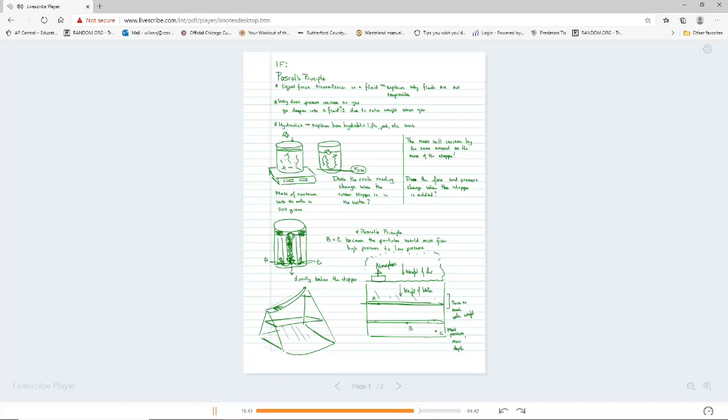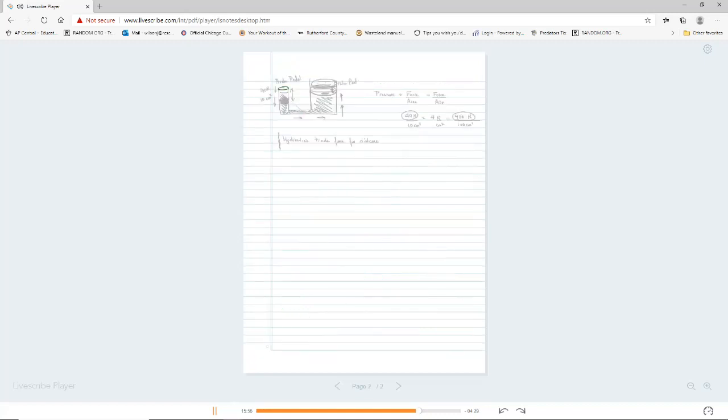Okay, so now let's look at the last one, the hydraulics, and I'm going to work a couple of problems. Actually, I'm going to do problem solving on a separate page, but I'm going to give you the idea of what's happening in hydraulics. So hydraulics says that, let's go with, you have something like this. A hydraulic system would look something like this, where you have a small piston and you have a large piston. And just to give you an idea,